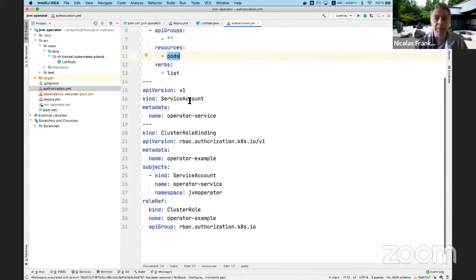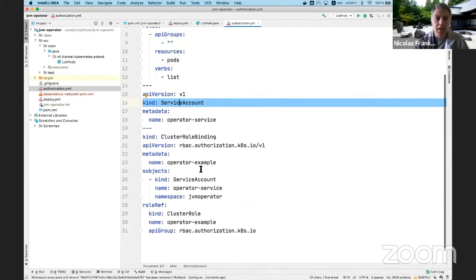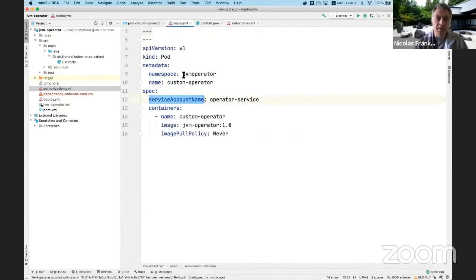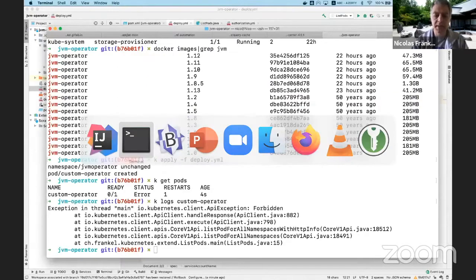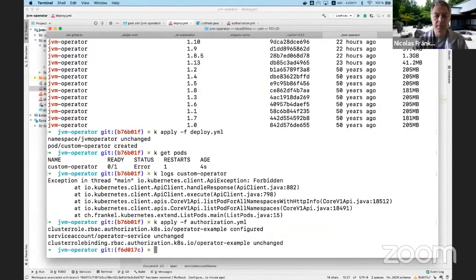And then I've created a cluster role binding that binds the service account, which is basically just a name, with this cluster role. And now I have a new deployment file that adds the service account name of operator service, which allows listing the pods, to my pod. So if I k apply -f the authorization and I k apply -f the deploy,